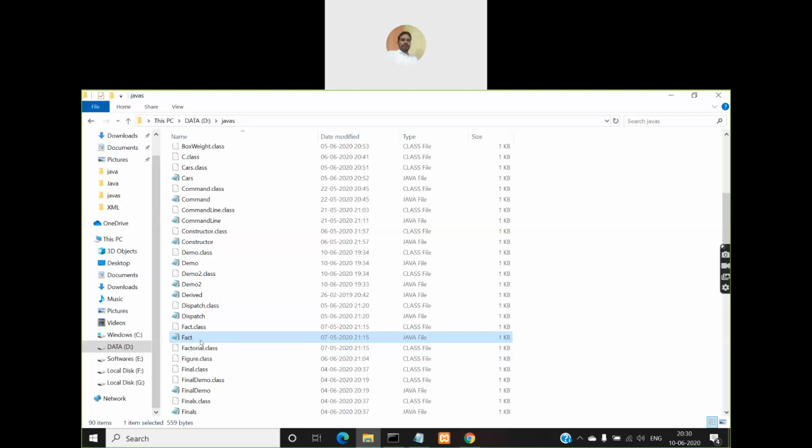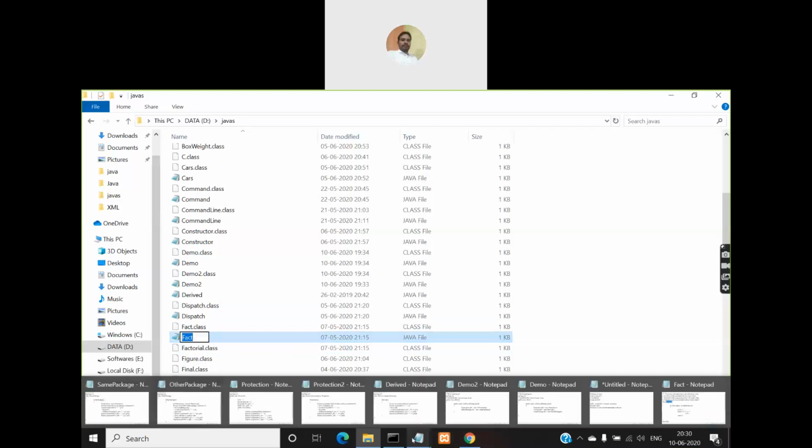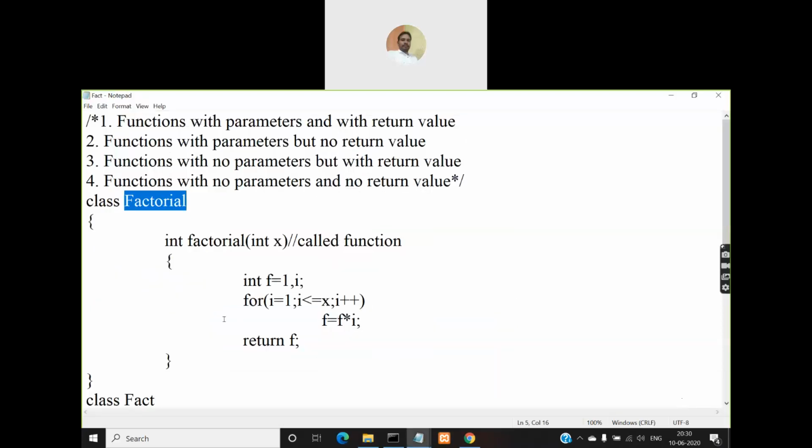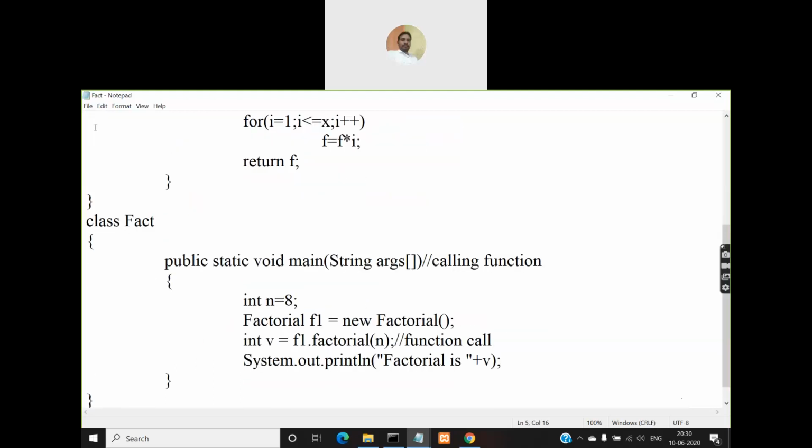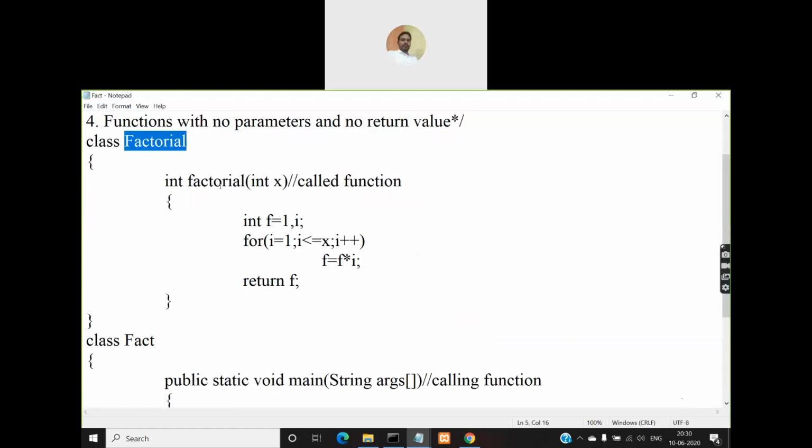So that means what? In your program, if you have multiple classes, when you compile that program, not only one .class file will be generated for this .java file. Instead, multiple files will be generated depending on how many classes are there in your program.